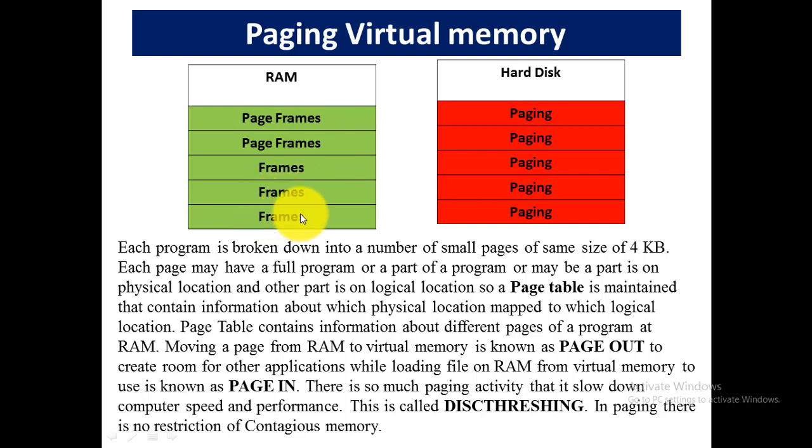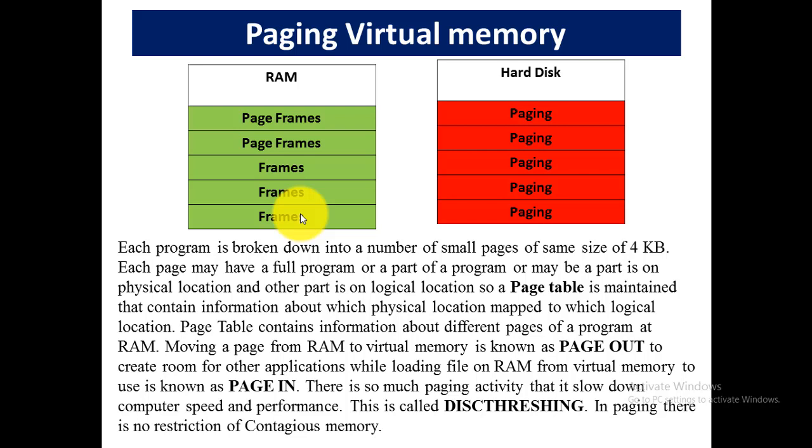Each page may have a full program or a part of a program, or maybe a part is in a physical location and the other part is in a logical location. So for this, we create a page table that contains information about which physical location is mapped to which logical location. The page table basically contains information about different pages of a program at RAM. It stores which pages of a program are stored on RAM and which pages are stored